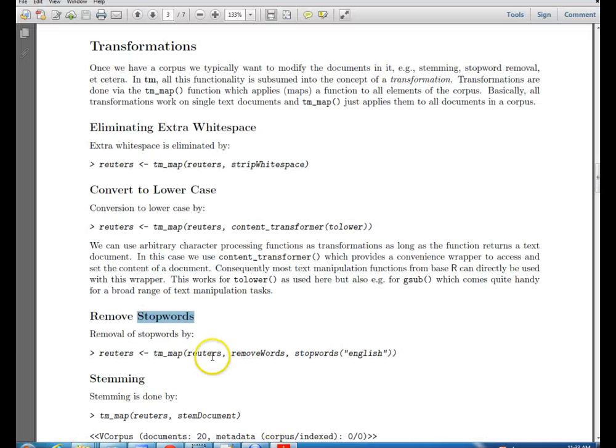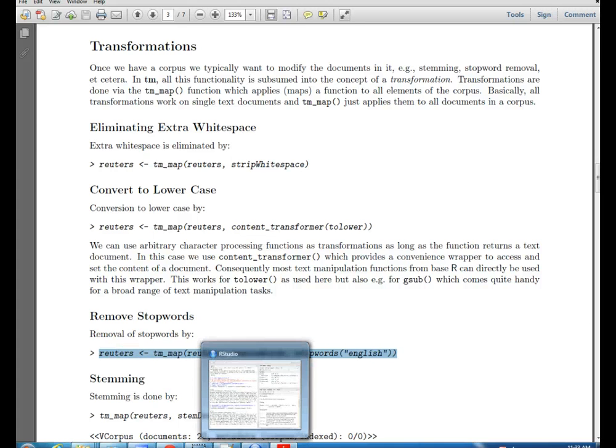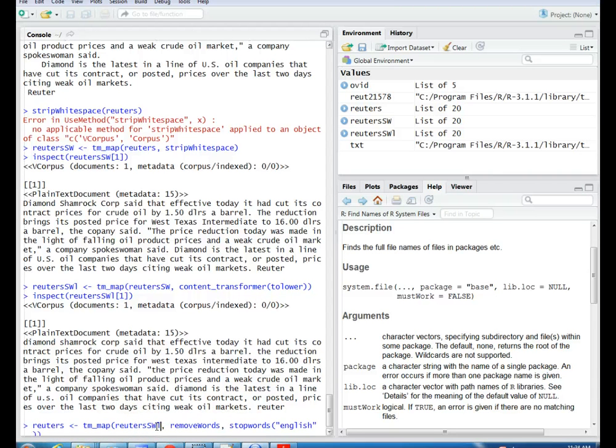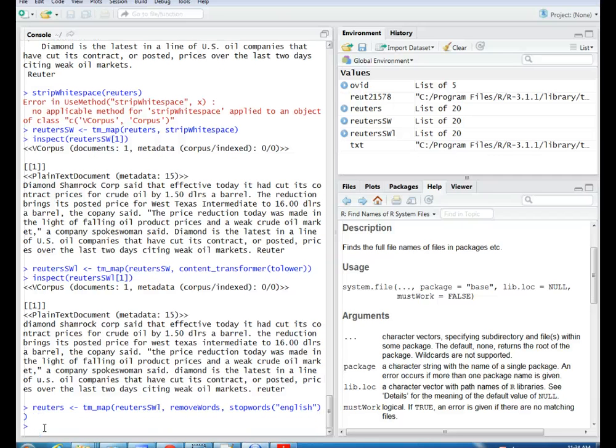Okay, so how do we get rid of them? There is a list of English stop words, called English, and you can use this function to do it. Now I'm just going to go back and follow the way he's doing it. I'm getting tired of all the extra typing. So I'm going to do Reuters, SWL, but I'm going to set it to Reuters, so I don't have to keep retyping things afterwards. Okay, like this. And now if I inspect that,